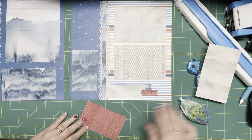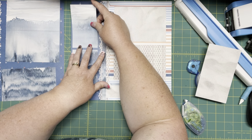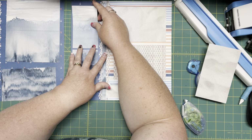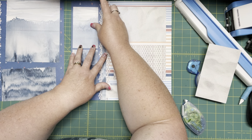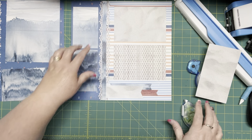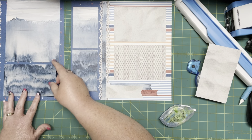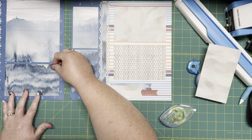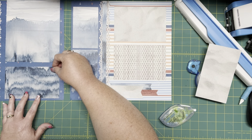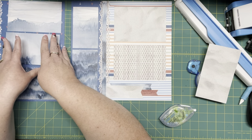You want to be careful though, as I've said before, about putting repositionable adhesive on your colored designer paper, because if you do have to take your mat off, there's a good chance that you're going to end up with some dots that remove the color from your paper. So that's why whenever I do this and I temporarily put my mats on so that I don't lose them, I do try and